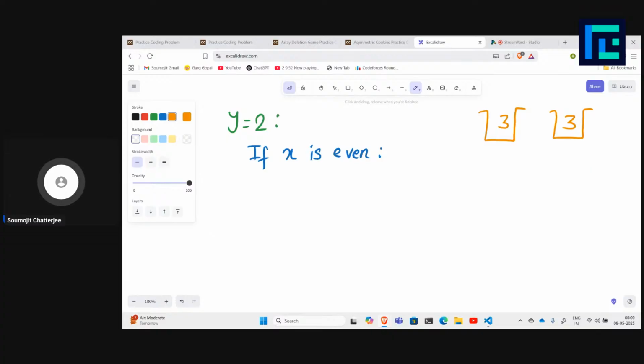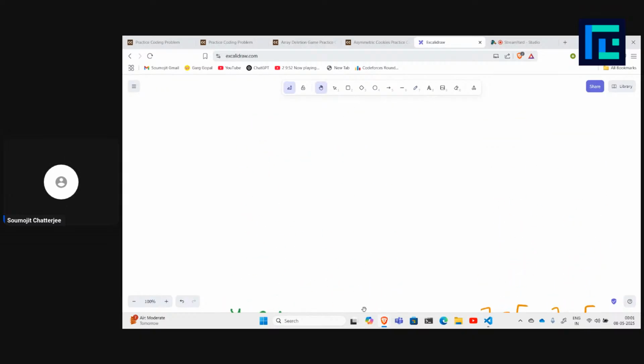okay, so before discussing this, there is one thing which I should discuss, and this is the following. We have already discussed that if there are no jar with at least 3 cookies, then the idea is simple, right? If X is odd, then Alice will win. If X is even, then Bob will win. That is simple. Now I need to prove one claim,